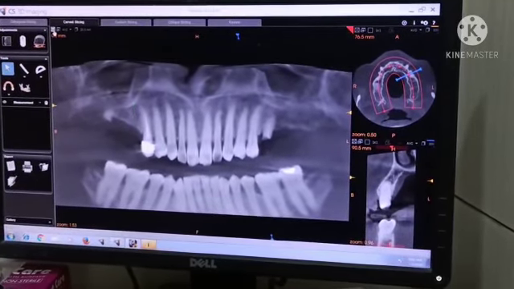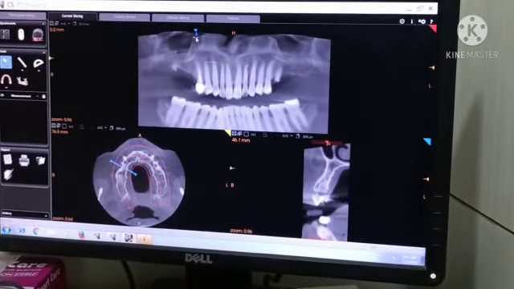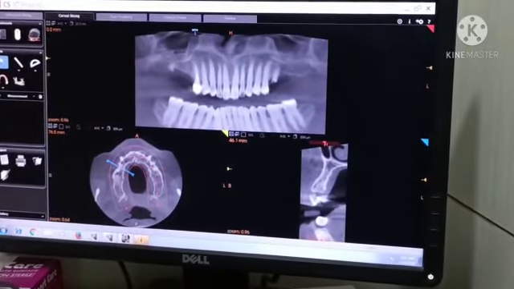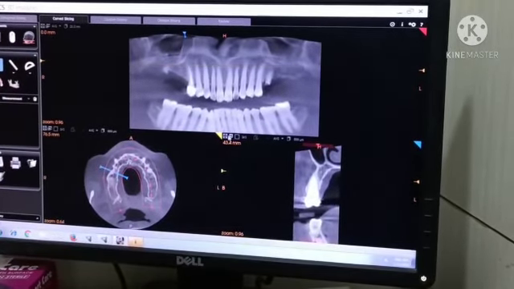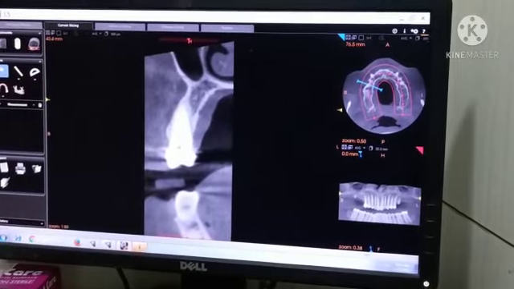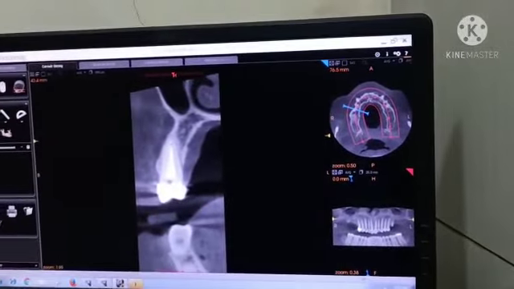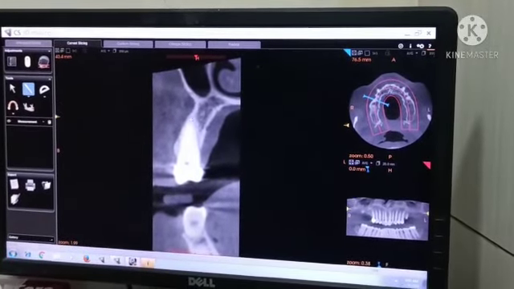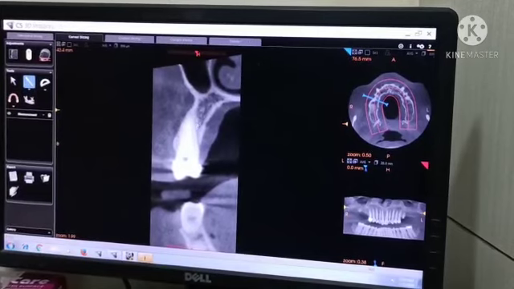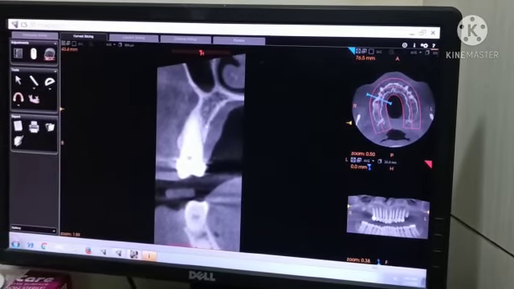Now we will improvise the plan by seeing the CBCT. Now we are seeing the cross section along the root, along the second premolar. See, the apex is closer to the buccal plate. Will you drill through the apex? No, it will be a mistake. So drill just 4 or 5 mm here, right? Or close to the crest like this.